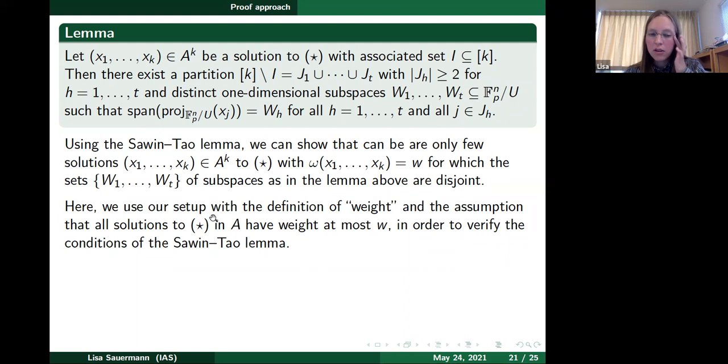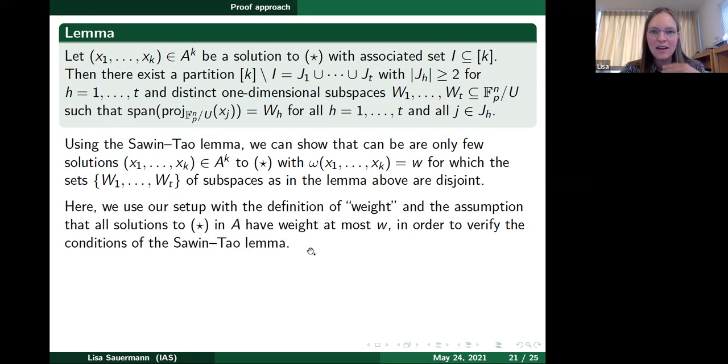And so here, the important thing is that we need to verify the conditions in the Sauermann-Tau lemma, obviously, in order to apply the lemma. And the way we will prove that these conditions hold is using our setup with this complicated definition of weight, and also the assumption that all solutions in A have weight at most W. So, I think the details are maybe too technical for the format of a talk, but